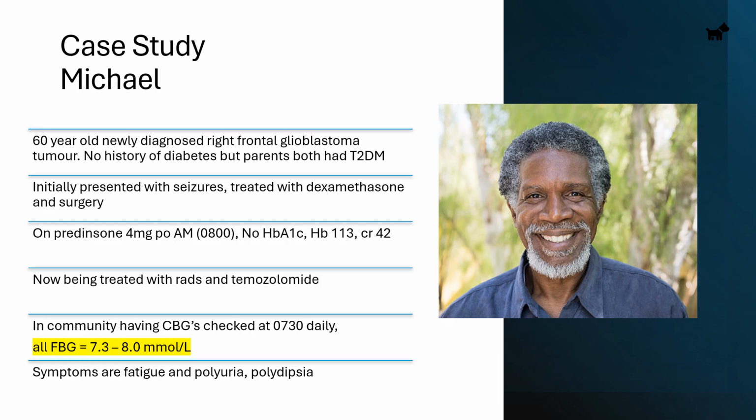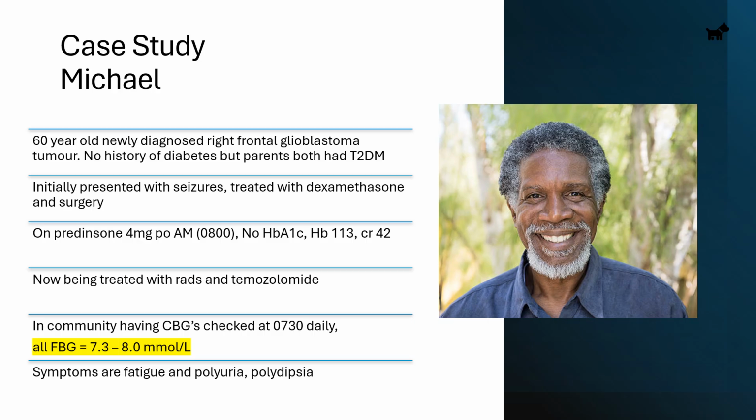Michael's 60 years old. He's newly diagnosed with a right frontal glioblastoma tumor. He's got no history of diabetes, but his parents both had type 2 diabetes. So he initially presented with seizures, treated with dexamethasone and surgery, and now he's on prednisone, 4 milligrams in the morning at 8 o'clock. There's no A1C on file, and his hemoglobin looks good, his creatinine looks good. So now he's being treated with radiation and temozolomide,